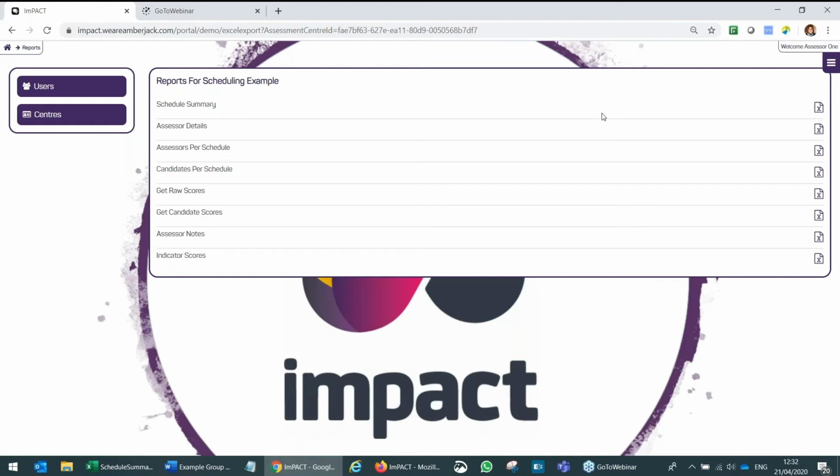If I go back in to have a look at some of the other details, you can export what we call this Assessor Details report, which is fundamentally an overview of what assessor is going to be assessing which candidate for which activity in which room at what time. So it's a really easy overview for anybody who's going to be managing that assessment centre for the day,